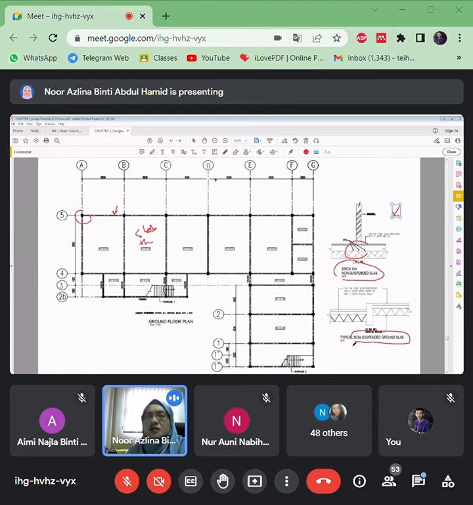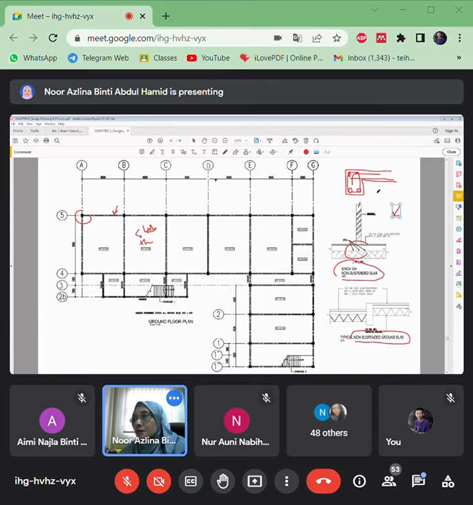with a suspended slab. That means the beam will carry the load of the slab, okay, which is the slab and the column is cast together. Okay, it connects to each other. So there is reinforcement from the slab, which is connected to the beams. Okay, let's say this is the links. This is the main reinforcement of the beams, and then this is reinforcement from the slab, which is suspended.